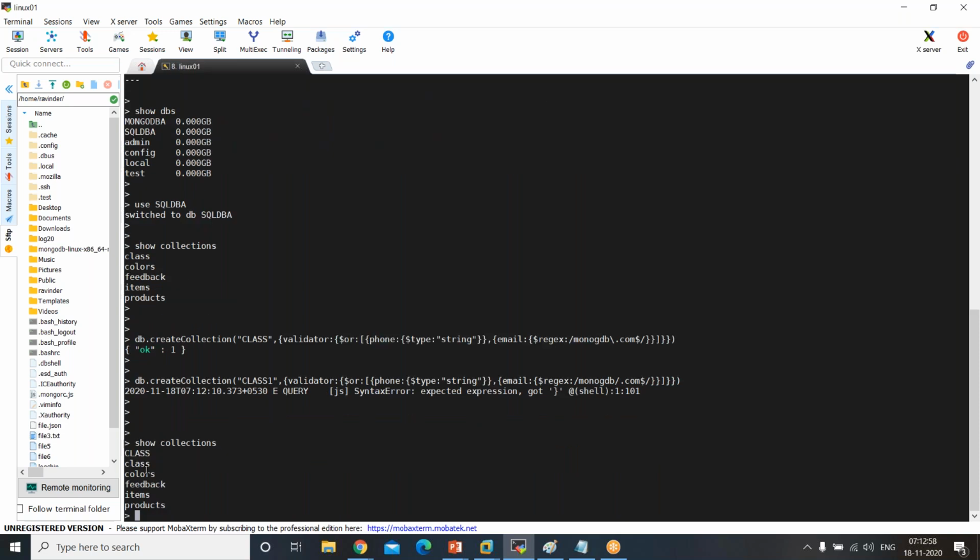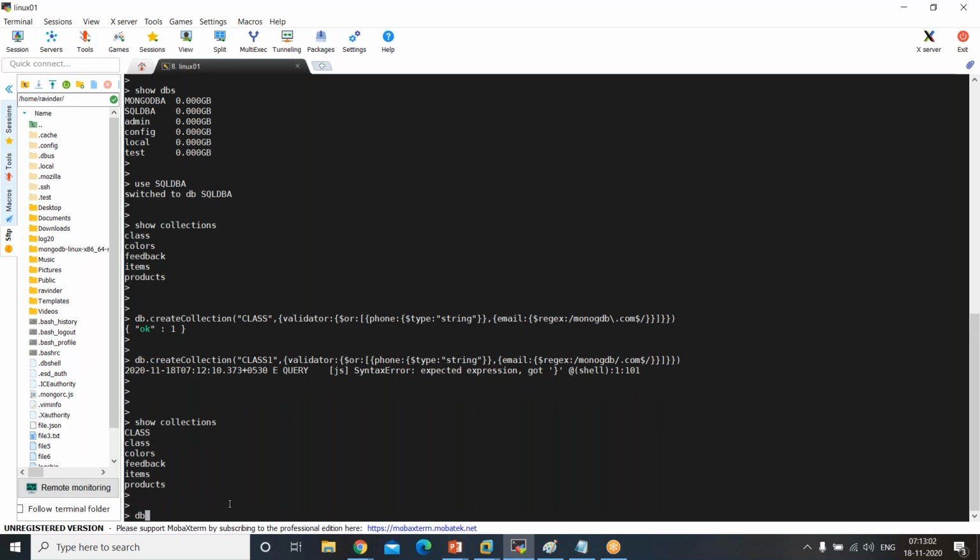So class, yeah, upper and lower, fine. So db.class.insert. If I'm trying to insert, Mongo is case sensitive. So lowercase and uppercase are treated as different collections, though it is the same name. So it's case sensitive. Now I'm inserting s number 1, s name, just for the sake of discussion,